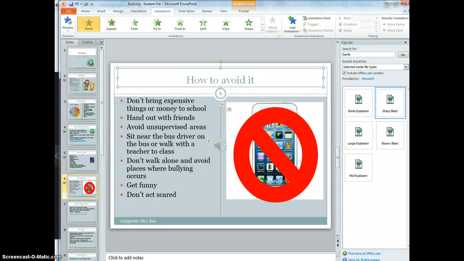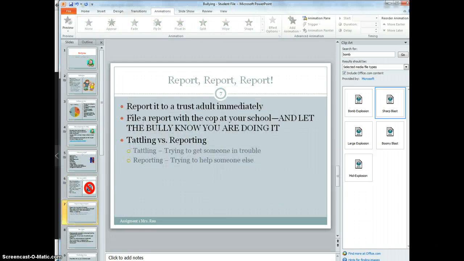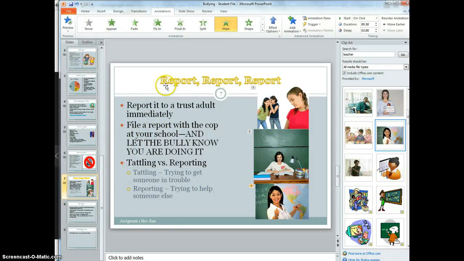Okay, my time is almost over, but now we're going to move on to slide number 7, and I'll show you what that's supposed to look like. So with this one I resized, I did a word art,